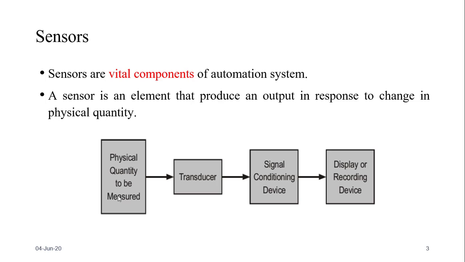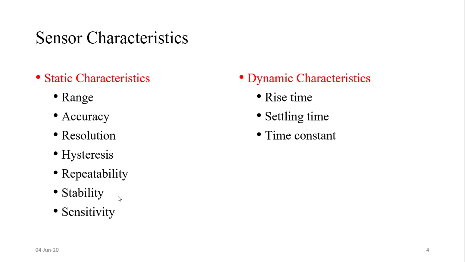But a sensor must have some characteristics, because it depends on what machine we are using, for what purpose we are using it, how much its range is, and its sensitivity. There are different characteristics which differentiate the sensors, which is basically a matter of their cost. If you have a higher sensitivity sensor, then its cost will be greater. So according to your need and application, we use different sensors, correct?